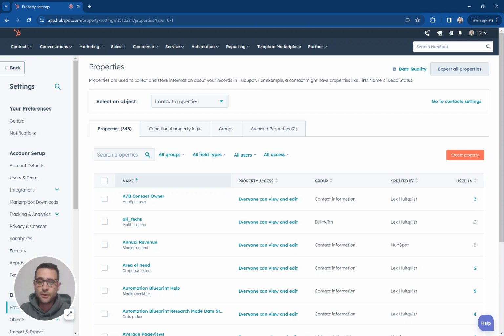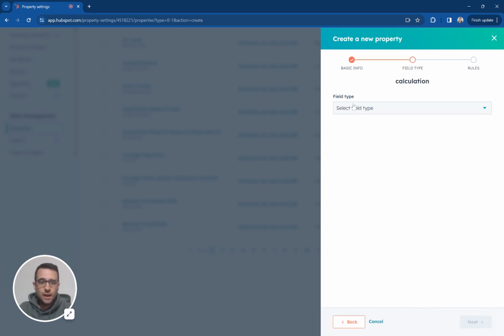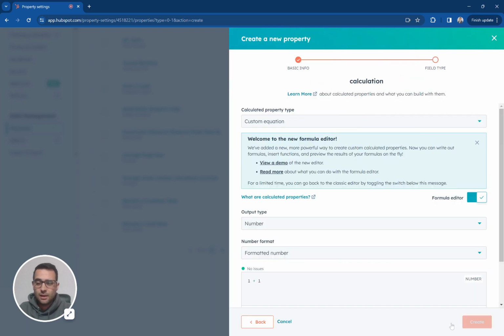HubSpot Calculated Properties let you make formulas and equations based on any data in your CRM. And today we're going to make an example of one right now. I am just going to call this a calculation for the name of our new property. I'm going to pick calculation as the type of property that it is, and then I'm going to build out